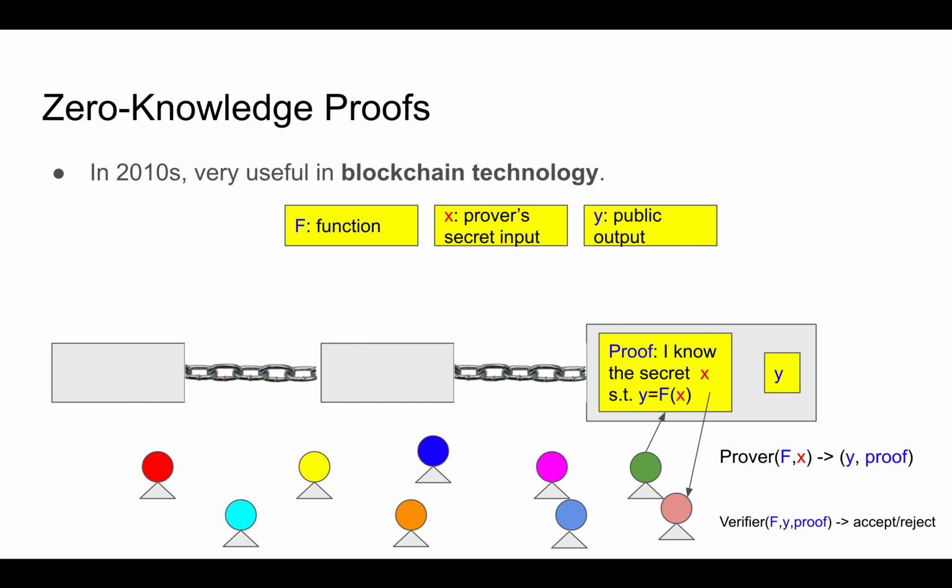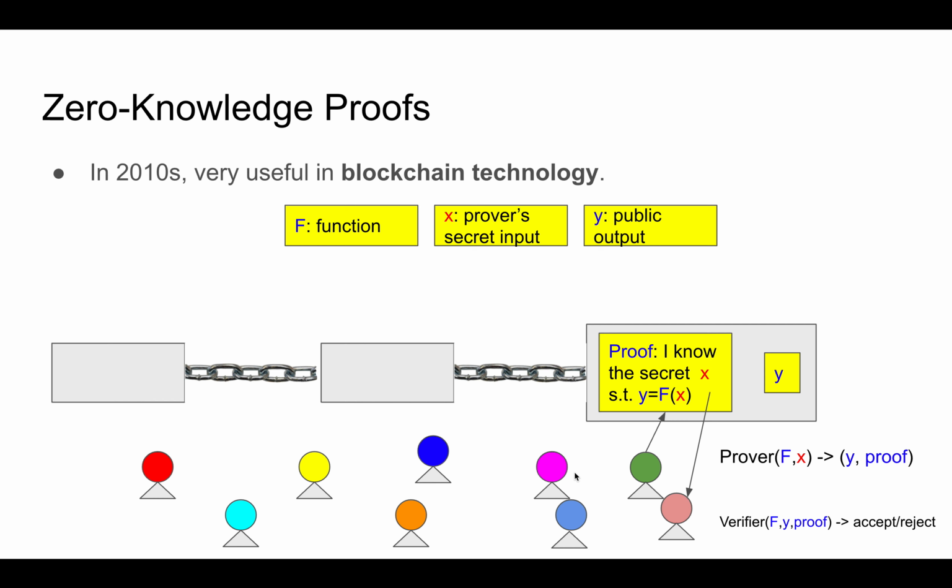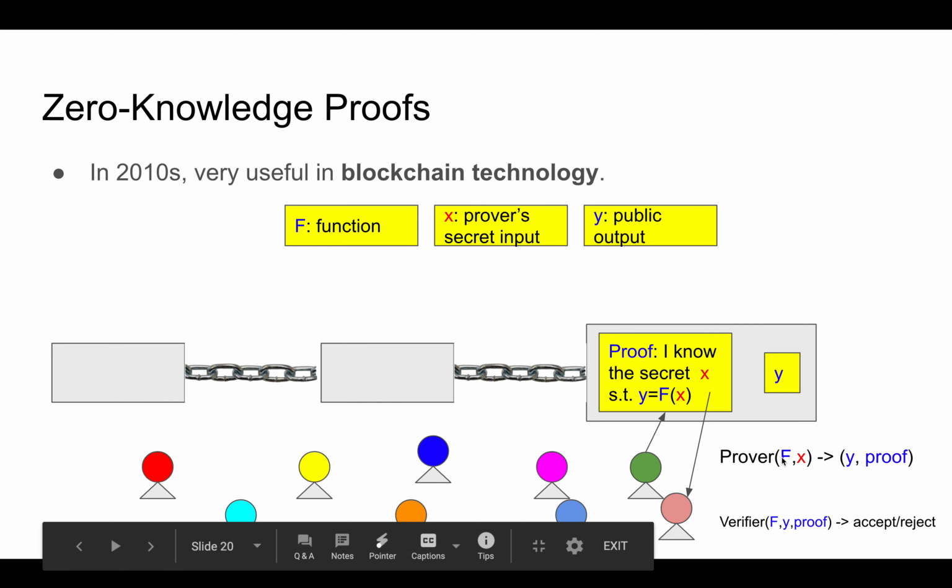Before 2010, most zero-knowledge proofs were just theoretical tools and there were few useful applications in practice. However, since blockchain technology appeared in 2008, people find it is quite useful in protecting secret information in blockchain. Since blockchain can be viewed as a public ledger and a lot of participants can join and leave anytime, any participant in the blockchain system can be a prover who takes as input some public function description f and